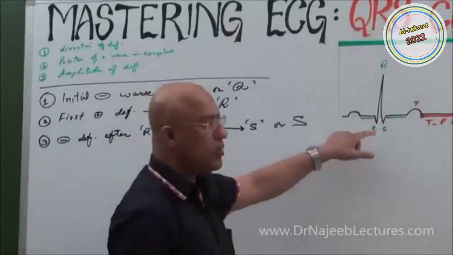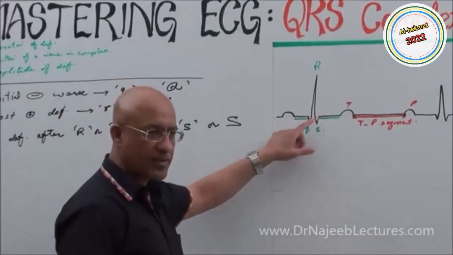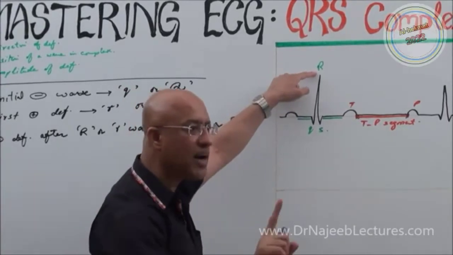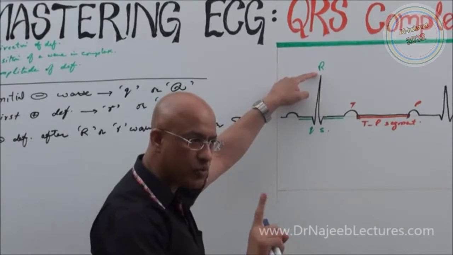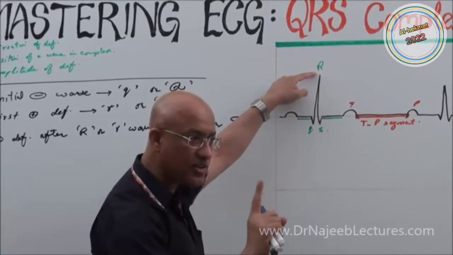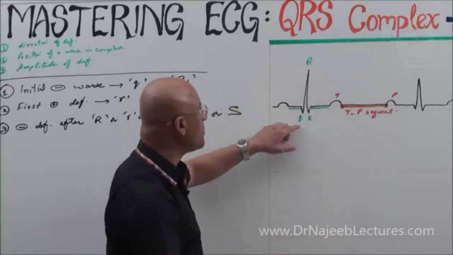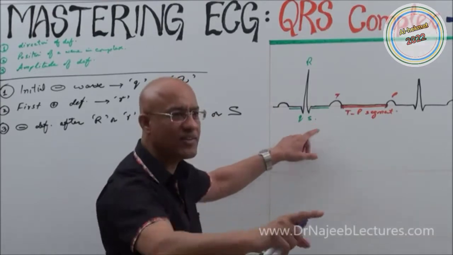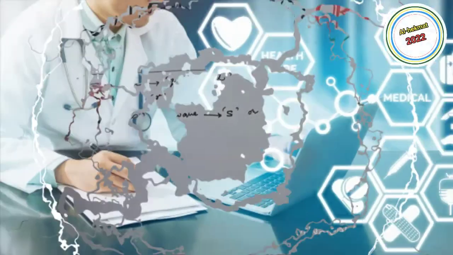Another way to say the same rule is that in the QRS complex, if you find an upward deflection, it should be labeled R. In the QRS complex, when you find the first positive deflection, it should be labeled as R wave, and any wave before the R is Q, and any wave just after the R is S. Another way to mention these three rules is